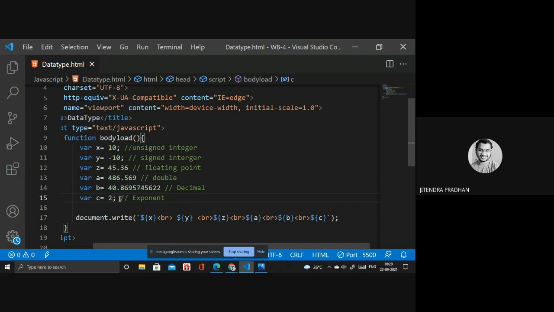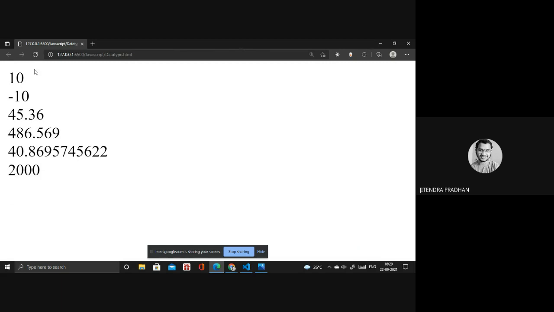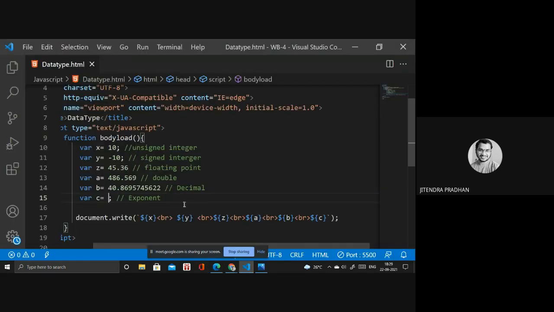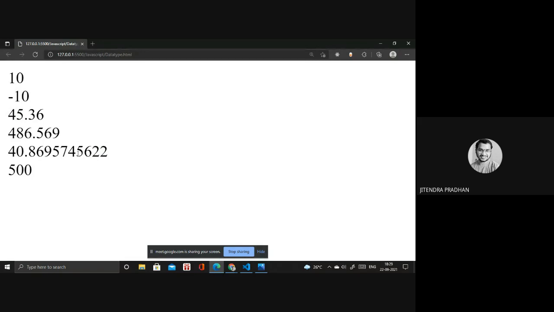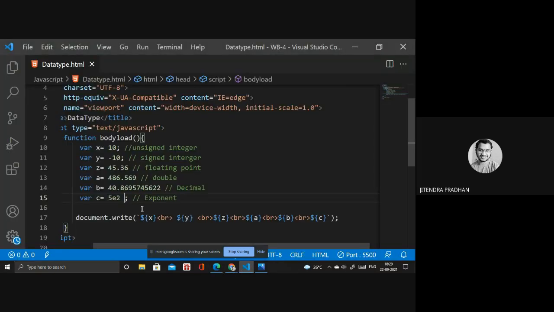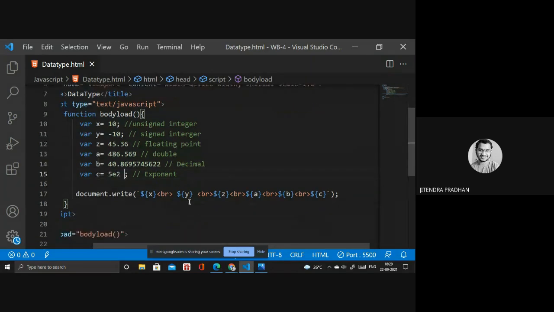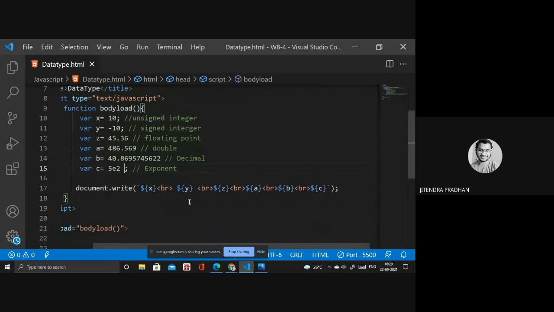It's not working. Okay, I will write this as 5 to power 2. What happened? Let's see. 5 to power 2, 500 is taken. Okay, we have another one as well. I will show you later. Okay. So I hope you got all these things.